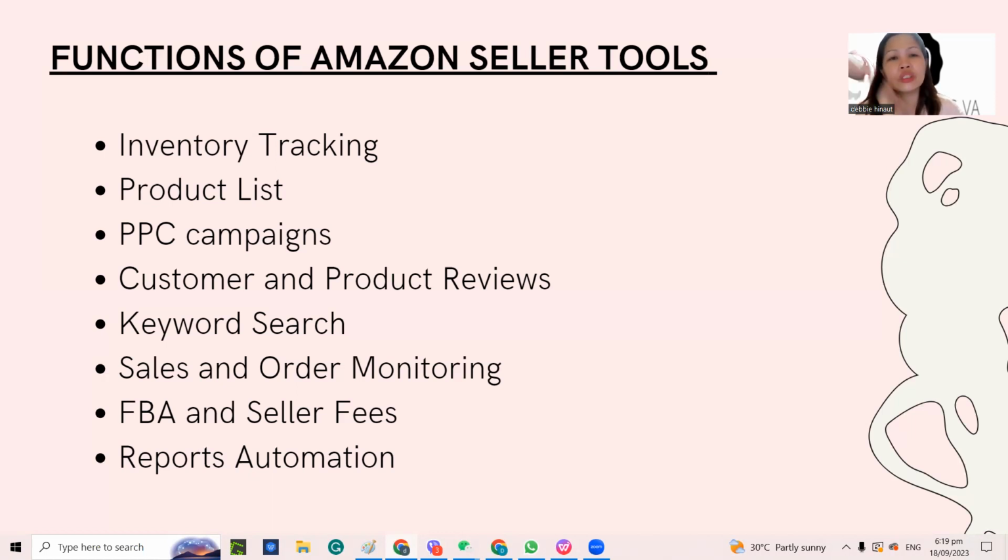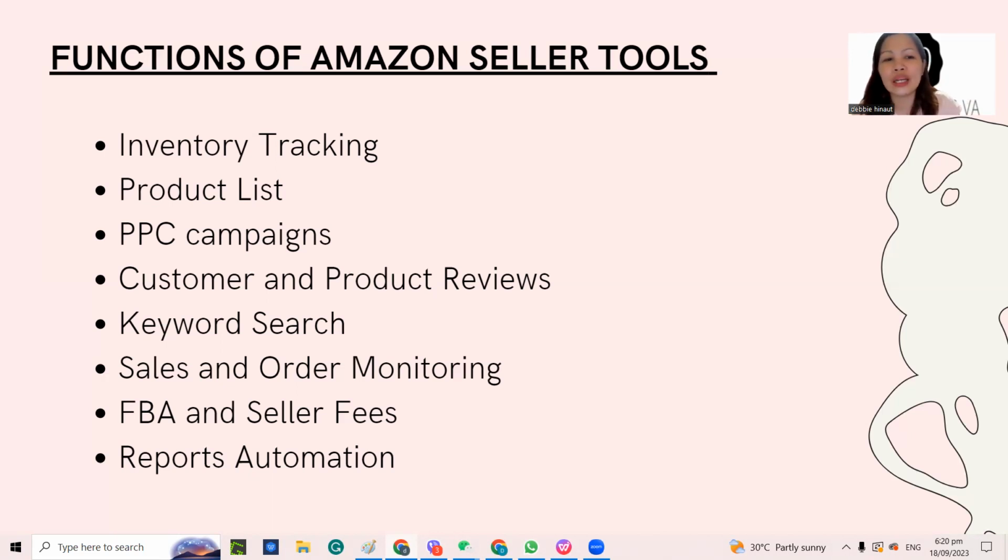So keyword search. So sa mga PPC campaign. So for this one, like for the product listing optimization, we use the Helium 10 for us to help kung ano nga ba ang pinaka-keyword na gagamitin for the product listing to be optimized. So may mga SEO specialist naman tayo, but then also with the seller tool na, kasi all of these tools are programmed. So all of this can help automatically for you to get ease of pain sa lahat ng